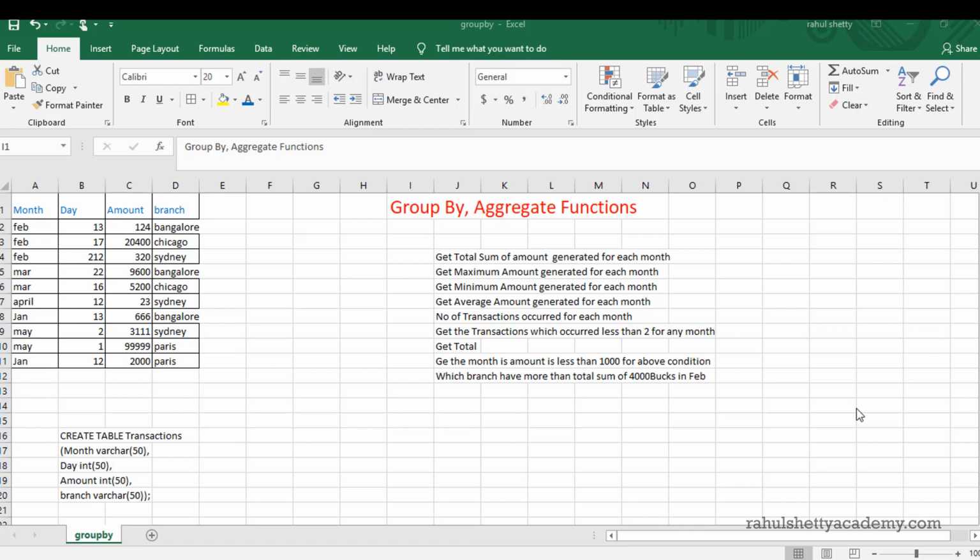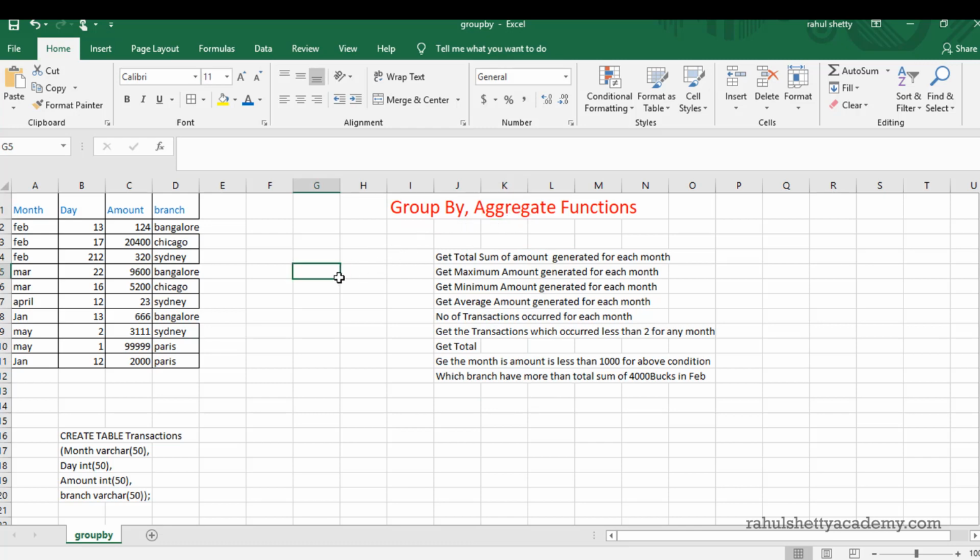Welcome guys. So in this section we are going to learn about group by and aggregate functions. These are two different concepts but they are used together. So that's the reason I am dedicating this whole section to learn about these two concepts. These two concepts play an important role in SQL queries because they help us to play with and retrieve the data in n number of ways. I'm going to explain how powerful these are with live examples so that you will know when to use this and how this makes our life easier.